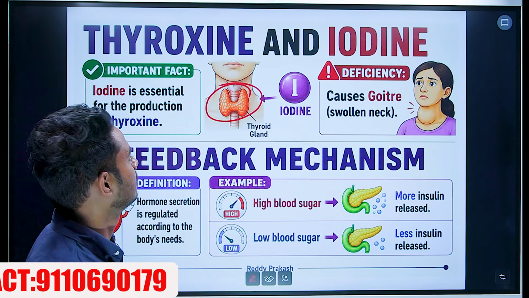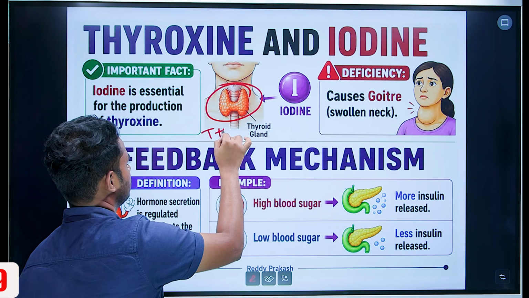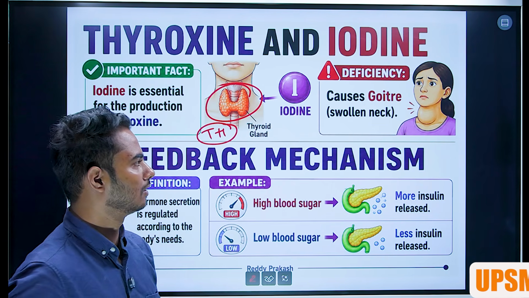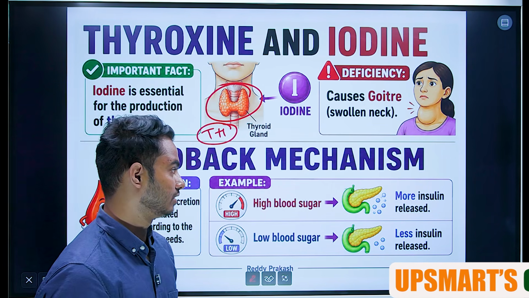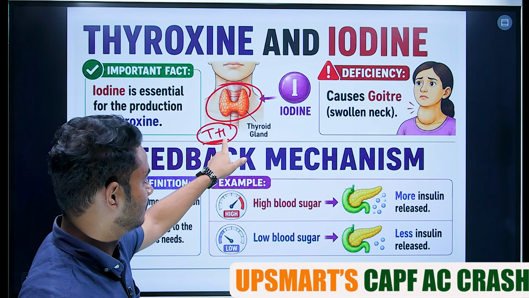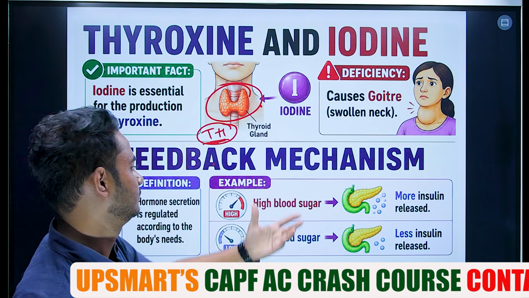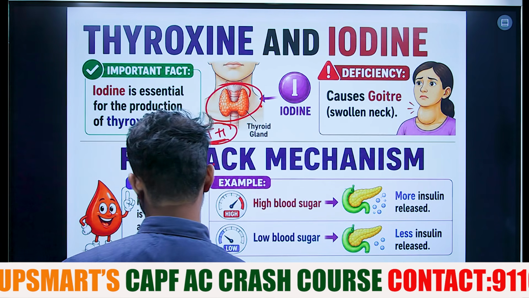Iodine is essential for the production of thyroxine hormone. When iodine is less, thyroxine won't be produced. When it is not produced, you'll get goiter, a swollen neck. Easy. Next is